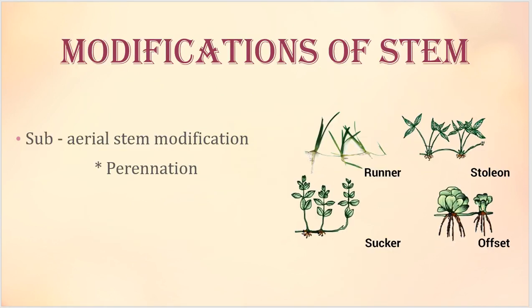Weak-stemmed creepers. So a runner, how do they differ from each other? A runner is a weak-stemmed plant which will be running on the surface of the soil. From each node and internode, new roots and new shoot system will be produced. The stem will be a slender, weak one, which will be on the surface of the soil, and from each node it would be producing roots and shoot system, and it acts as a whole bunch of plant, right?